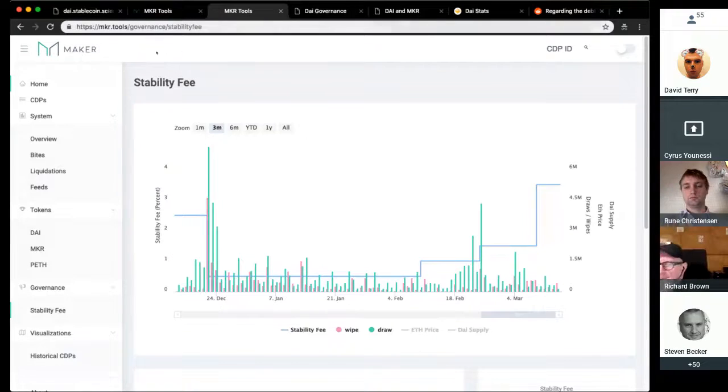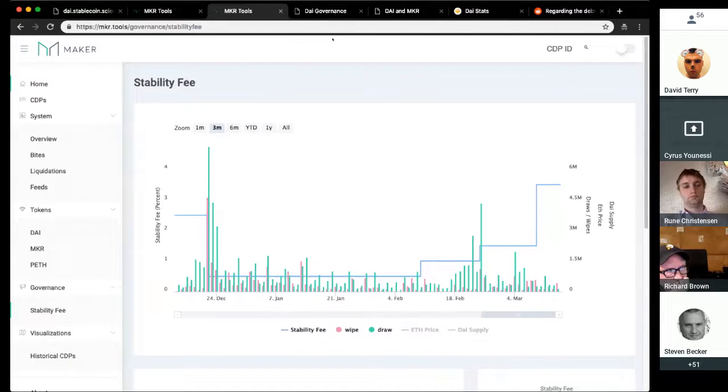We are also working on creating more numerical representations of this data, not just charts. That is definitely a work in progress. Looking into how we might collect and utilize market maker inventory data, start controlling for other variables such as the ETH price. There's a lot of talk about DAI demand in relation to the market price of ETH. So we will be getting that out shortly.